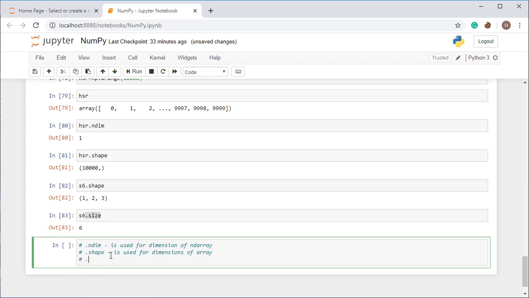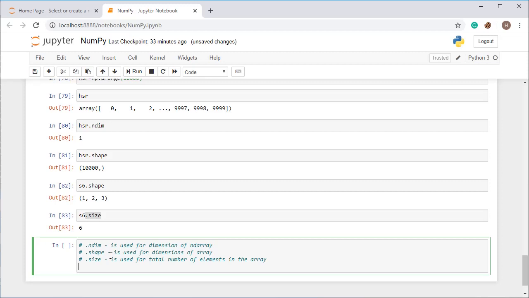And then size is used for the total number of elements in the array.